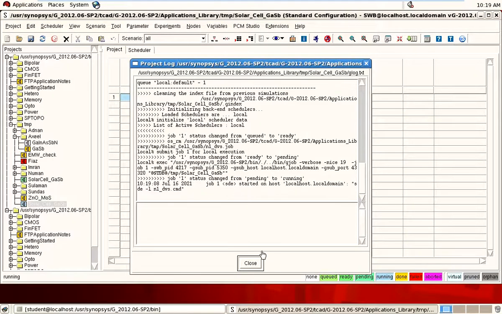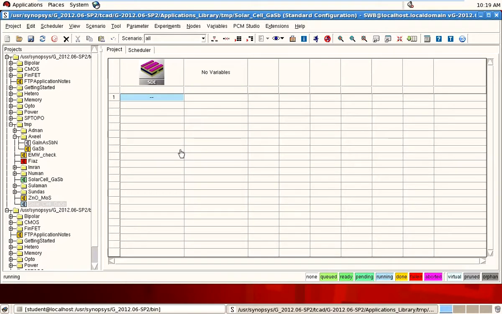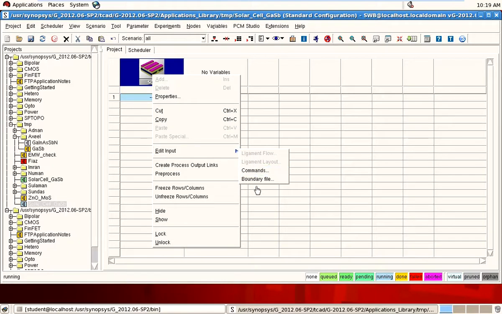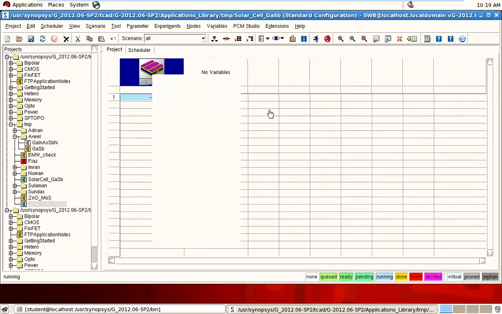So in the first part, what we will do is open the boundary file and command file, make the structure defining its doping and contact definition, save it, and copy all the files in the command mode. So why will we do this?